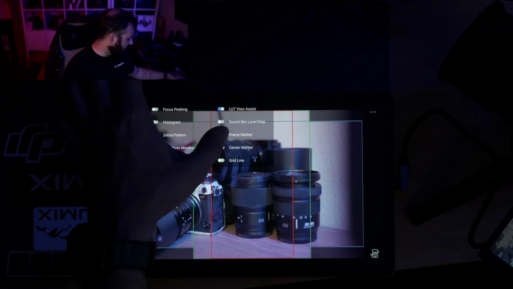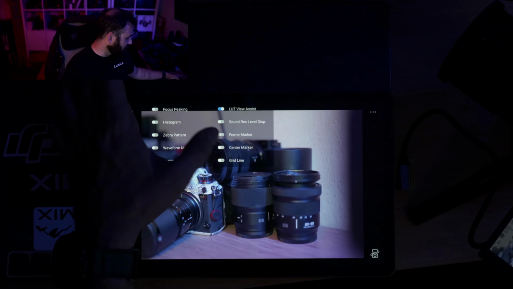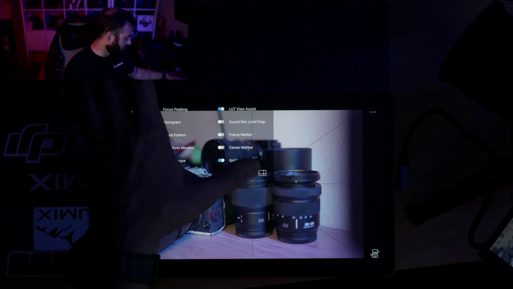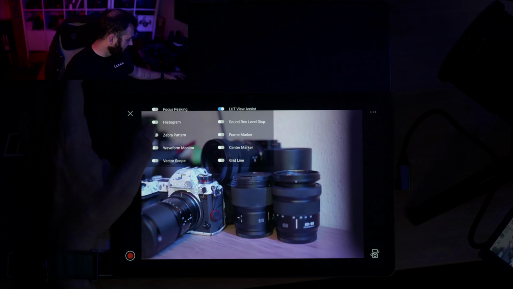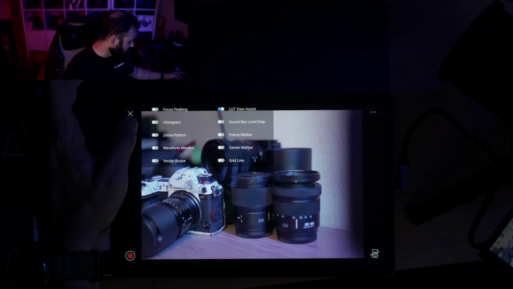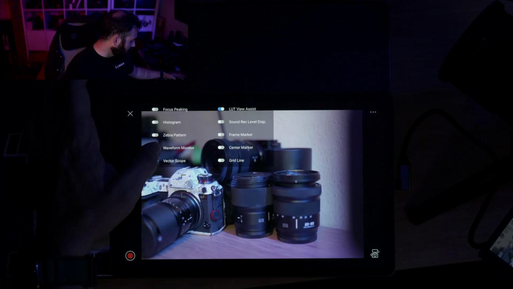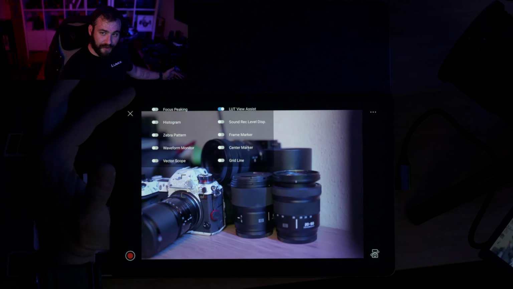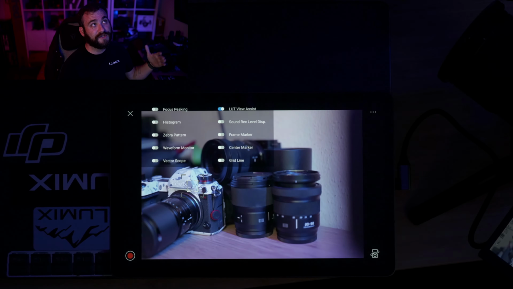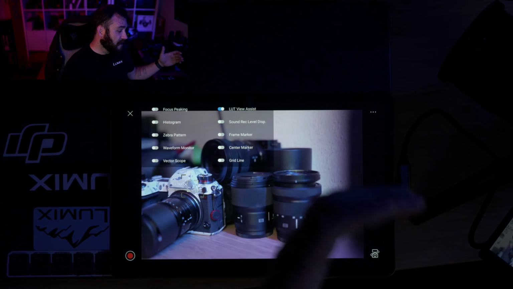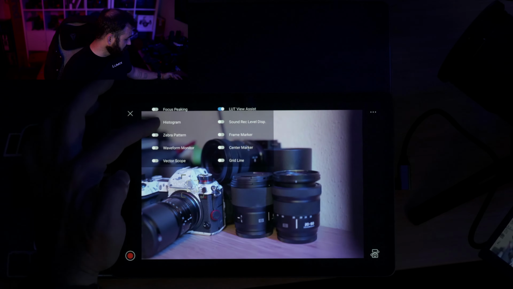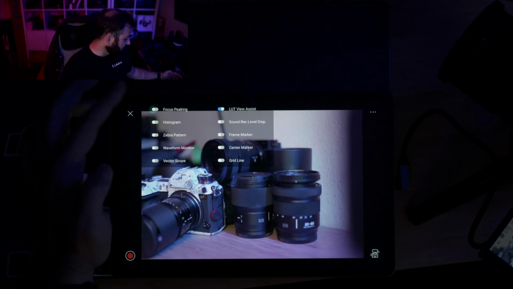I also have that ability to come in, add things like center marker. I can add grid lines if I want, rule of thirds or stuff like that. I can have my zebra patterns running. A few updates ago, we added the ability, if you're on the S1II series, you can have false color showing here. The S1II series has false color. The S5II series does not support false color, so you have the other tools, histogram, focus peaking if I'm in